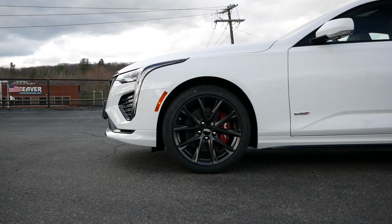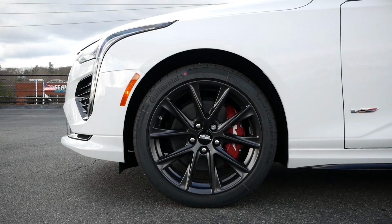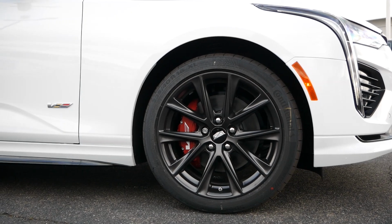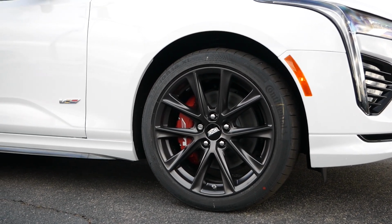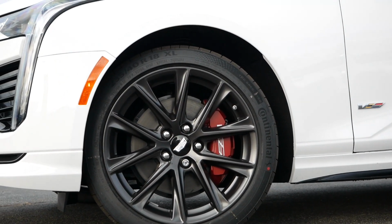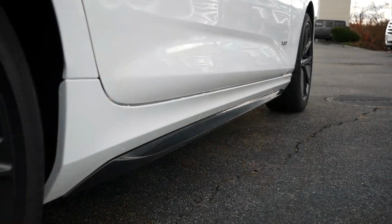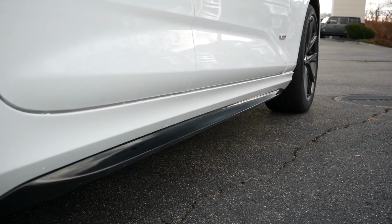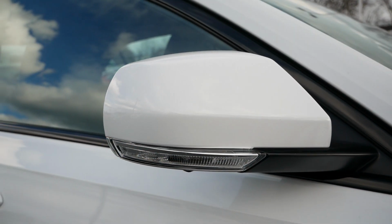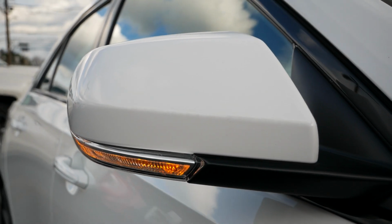Moving over to the side profile, the model for our review is sitting on the optional 18-inch premium painted alloy wheels with a pearl nickel finish. You can upgrade to 19s for added aggressiveness. And enhancing your driving experience, you will have Brembo V Performance front brakes for improved braking when you're on a spirited drive. An added aesthetic for the V Series is the gloss black side skirts for a sportier look. You'll get body color folding side mirrors with turn signal indicators to go along with blind spot detection for added